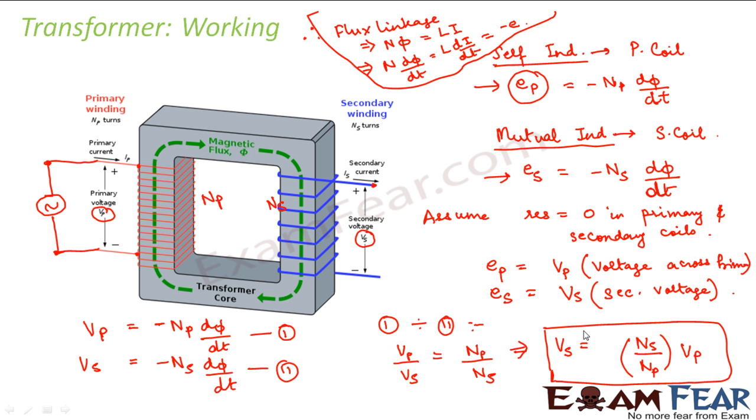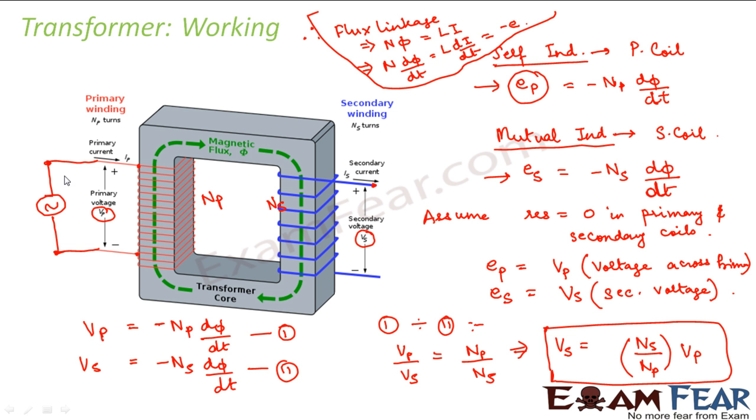So how much voltage I will get at the output end depends upon the ratio of the number of turns of the secondary coil to the number of turns of the primary coil. It is completely dependent on how many turns we have at the output end and the input end. Whenever the number of turns at the secondary coil is more, the voltage which we receive at the output end will be more. We will talk about that in the next slide, but as of now we'll have a quick review of